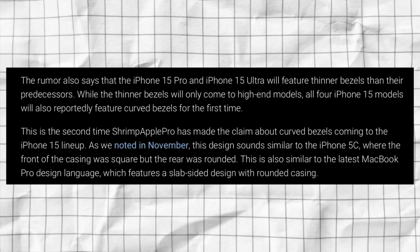But according to Shimp Apple Pro, it looks like Apple's going to be thinning out the bezels substantially, especially when you think about it from a relative standpoint. The bezels are going to get smaller, and the way they're going to accomplish this is by actually rounding off the edges slightly. Now, this is going to be kind of a teeter right now because, in my opinion, those